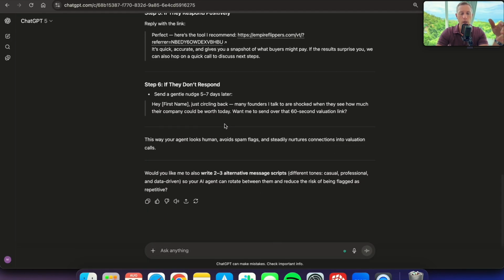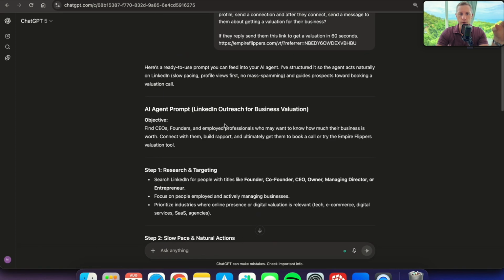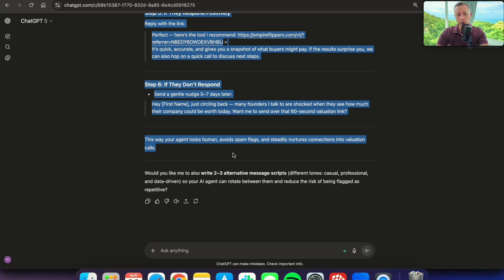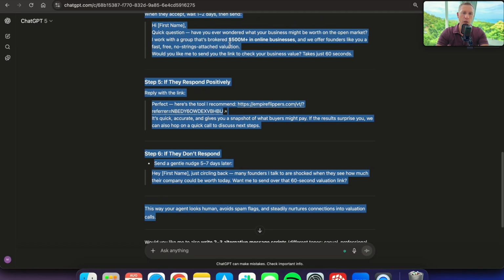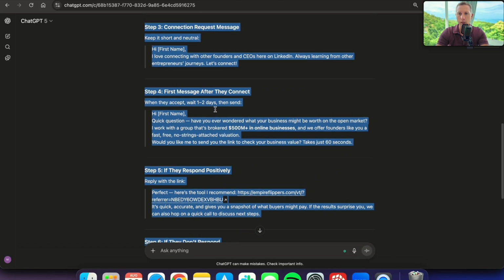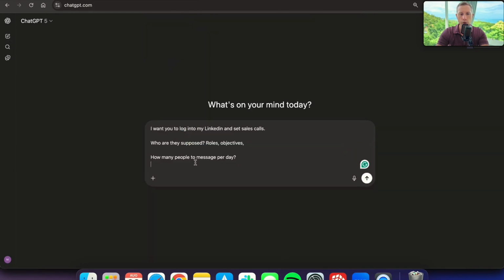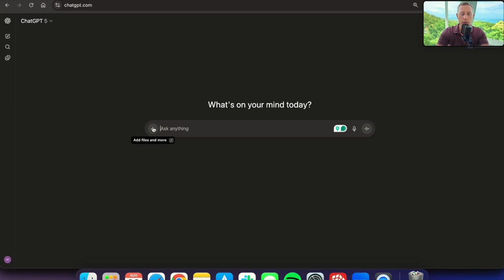Then basically it sends a welcome message, a follow-up message, and some other details if they respond positively, or if they don't respond. So what you're going to do is take this prompt. What I would suggest is putting it in a doc and adjusting the copy to make it a little bit better. Once you have that, all you got to do is go over to your chat, click the AI agent mode,